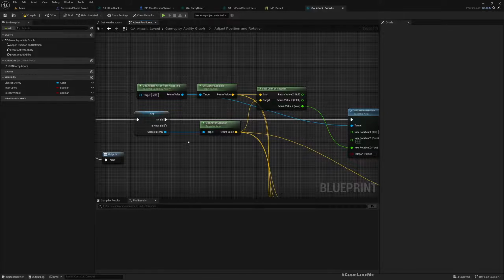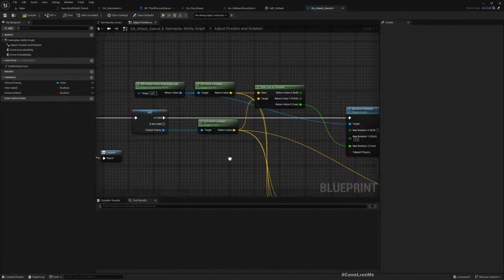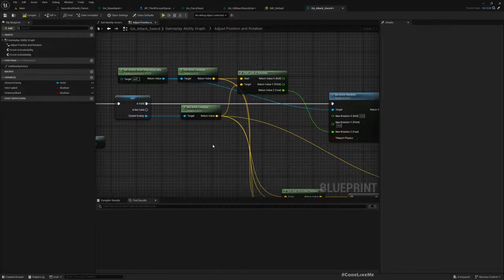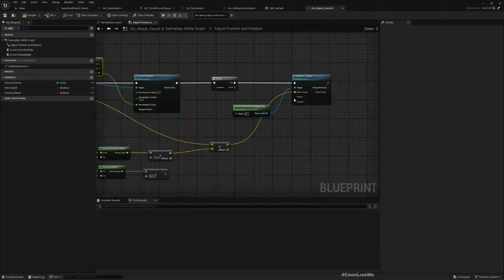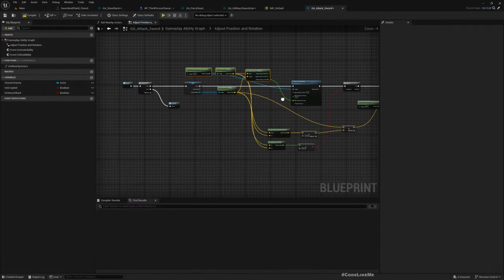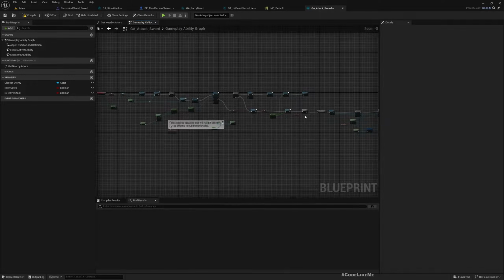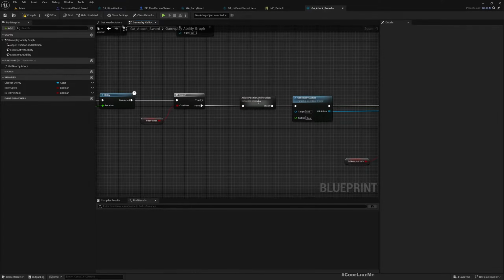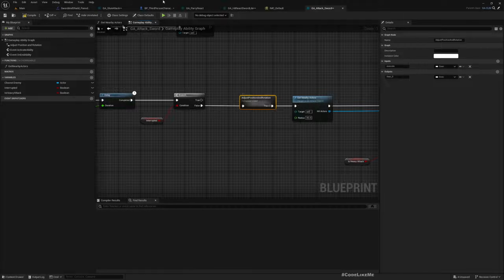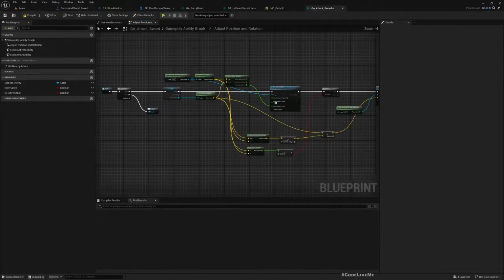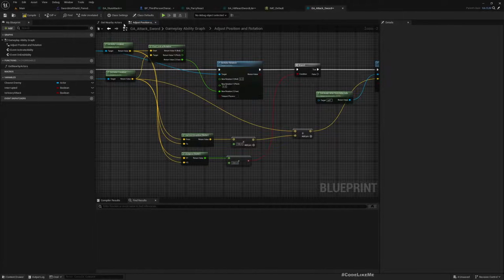So based on the closest enemy, in the stun attack case, it will be the victim, and the actor, we adjust the locations. I don't want to work on this logic again, so I'll just copy the same thing,